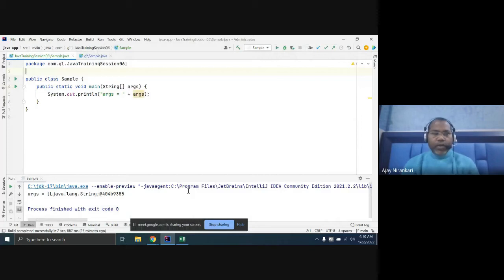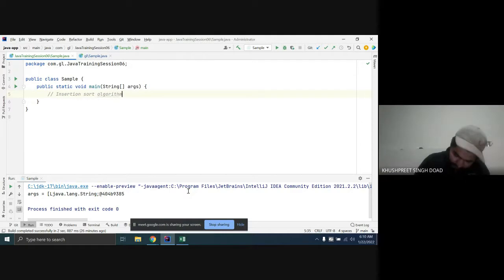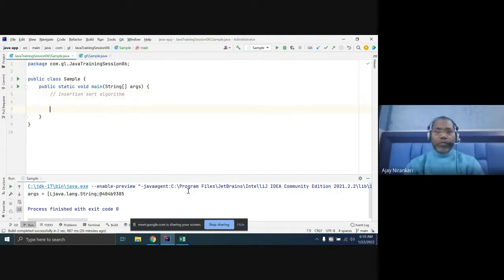Okay, let's start with how we can sort an array using the insertion sort algorithm. As usual, we need an int array.